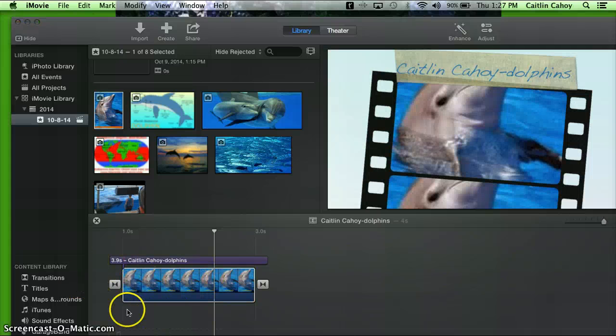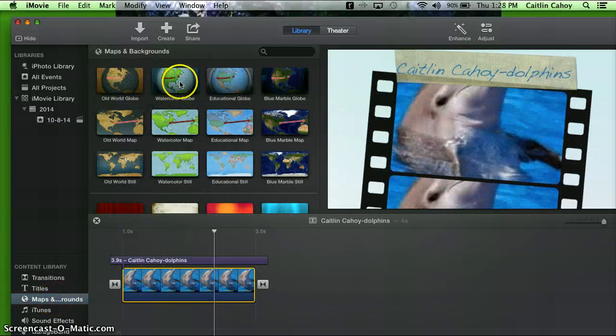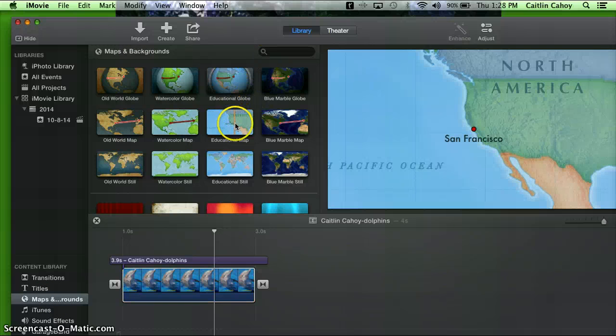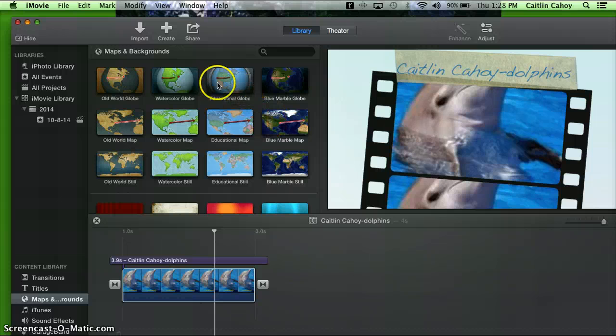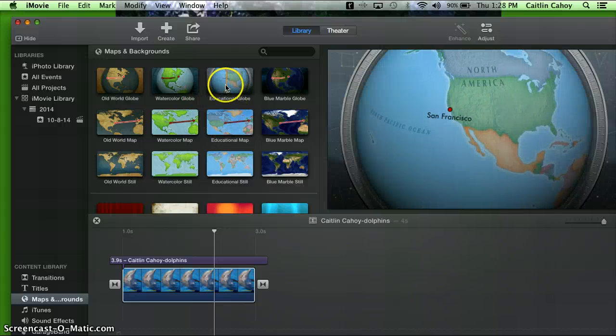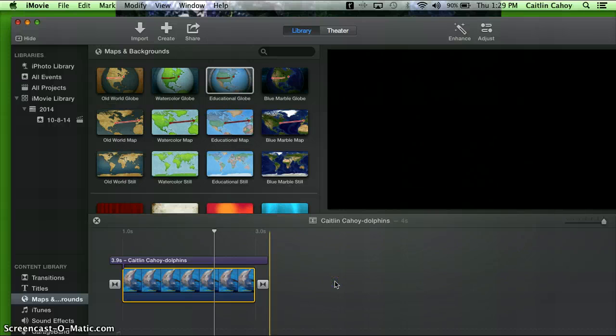Now once you have your first picture of your animal, I would like you to add a map of where the animal is from. So click the Maps and Globes feature found on the left, and the box will come up. You can select if you want a globe or a map. This will tell you where it's at from us to them, or this can show you in the world. However you would like to do it, it is your choice. So I can choose one of these. I select the one I want and I drag it down to my video